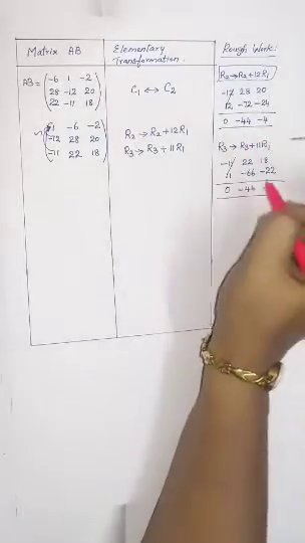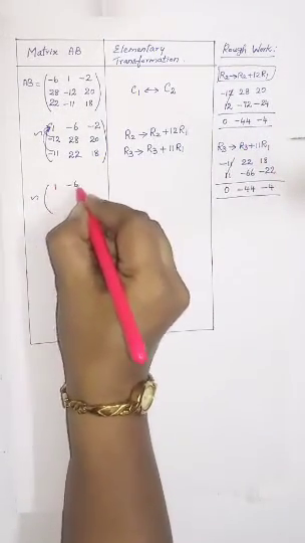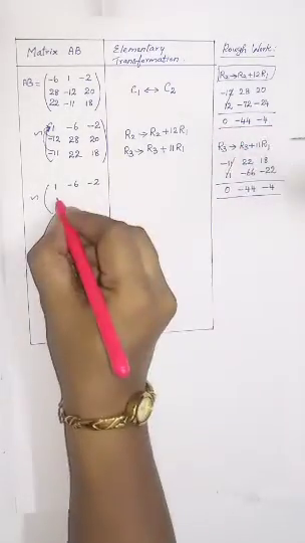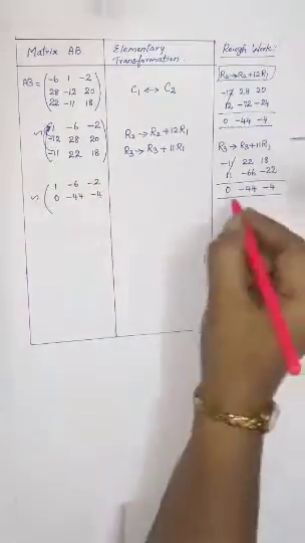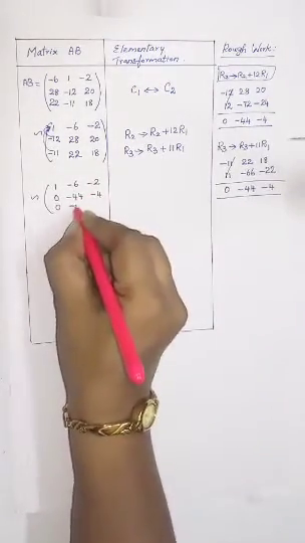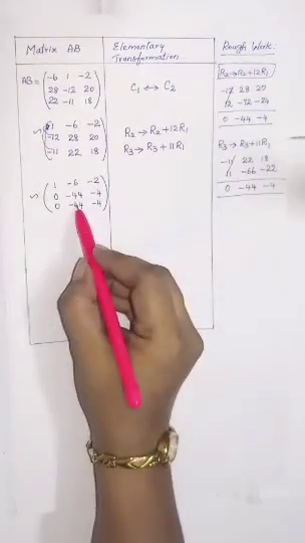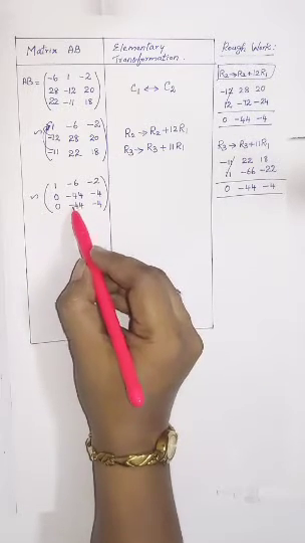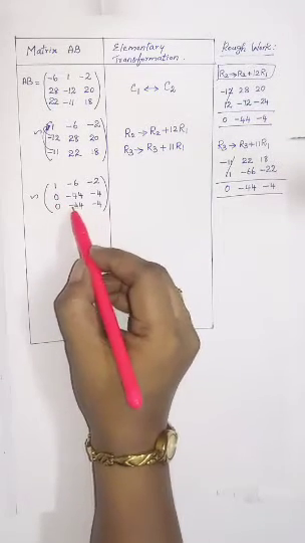So we'll just take these two answers and write it here, which is equivalent to 1 minus 6 minus 2. Row 1 is there as it is. Row 2 answer we have got here, 0 minus 44 minus 4. Row 3 answer is 0 minus 44 minus 4 again. Now we'll have to take the third row and make your third row second column element 0, okay. Then only we'll get your echelon format over there. Otherwise, for the triangular format, you'll get zeros over there.